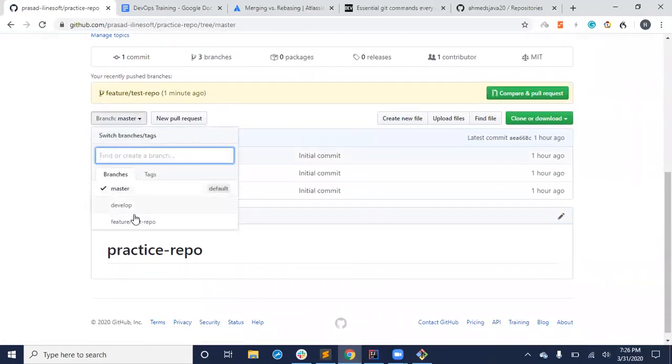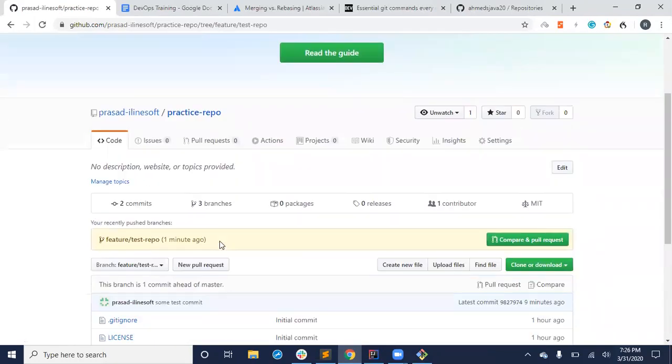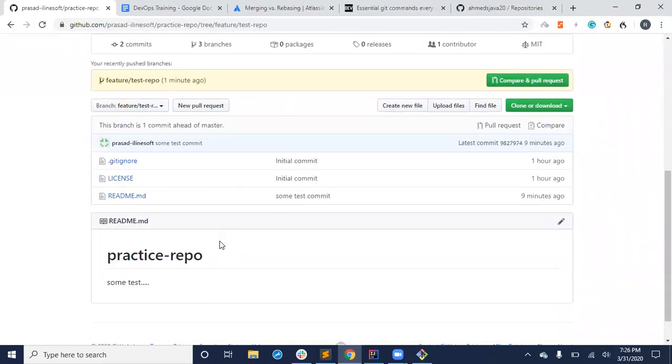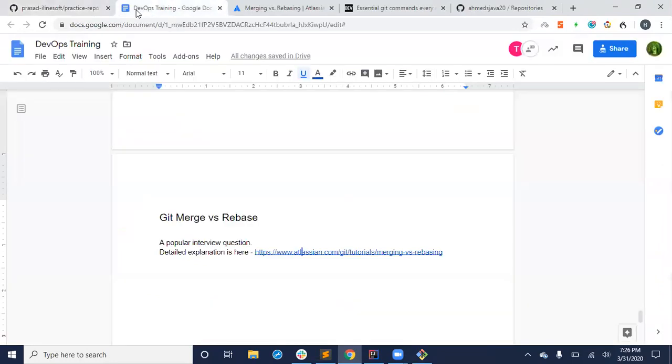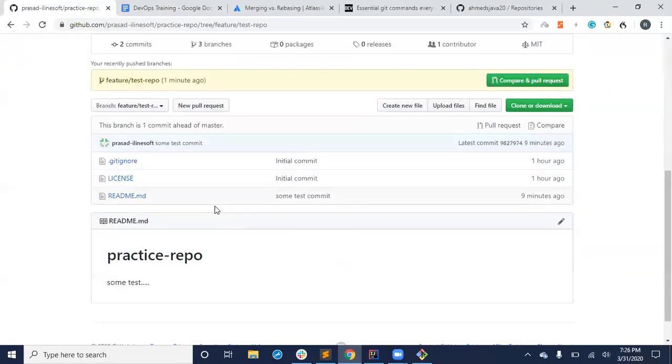Whereas if you see my feature branch, there is some change. Now to put this change into another branch, there are two options. One is you go to Git and run the git merge command line. The other option is you go here and create something called a pull request.